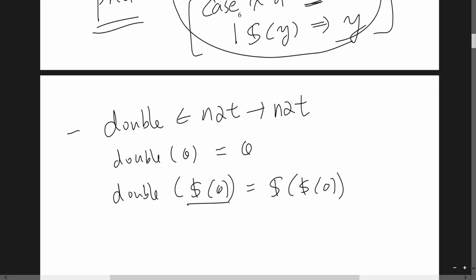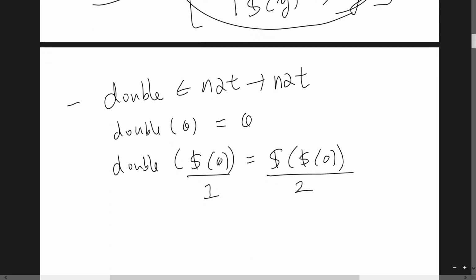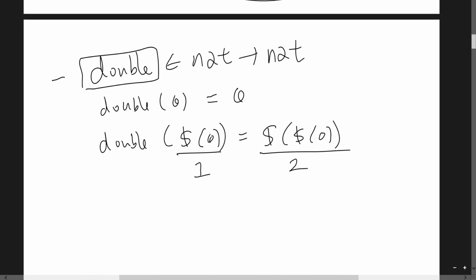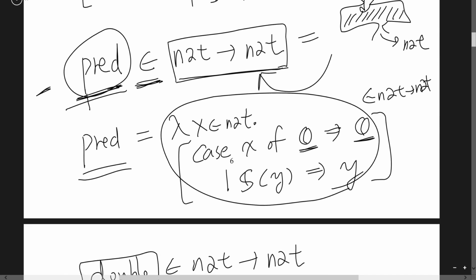You can interpret it as 1, and you can interpret this term as natural number 2. And it turns out that you cannot actually define this function double using this case construct,